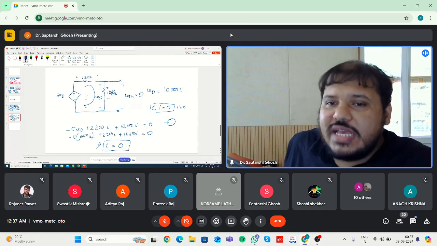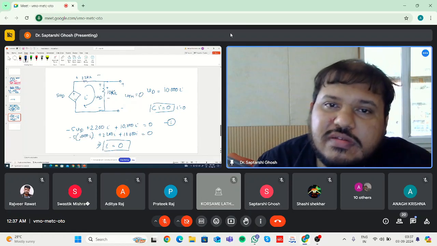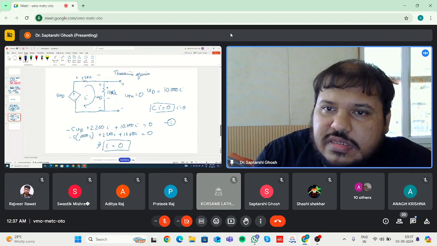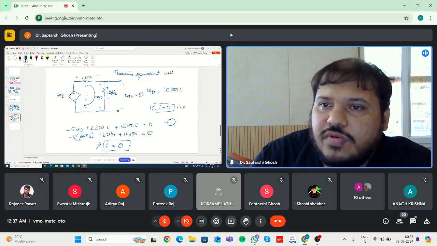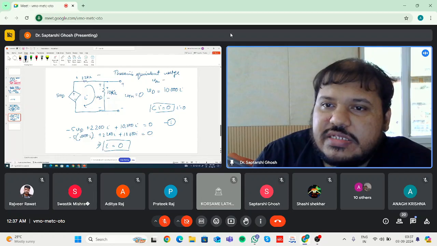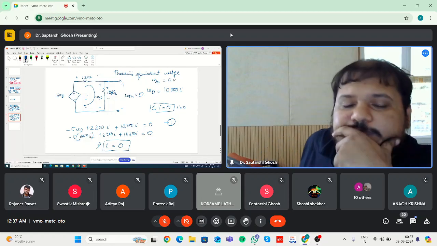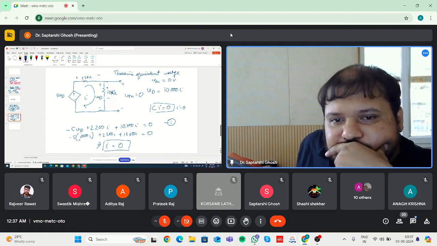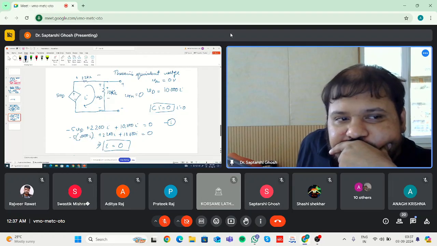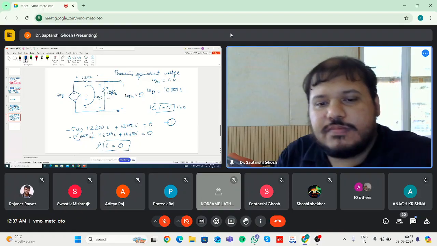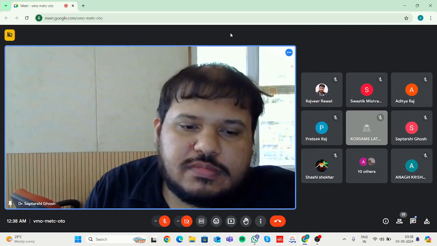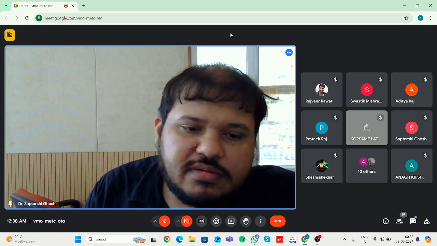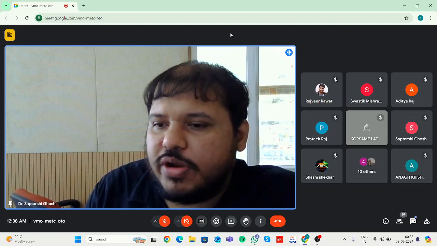So here the VTH, or the Thevenin's equivalent voltage, that is VTH, will be equal to 0 volt, because the current flowing through the circuit is 0. Clear? Let me know in the chat. We'll see what the equivalent circuit will be later, but till this point,